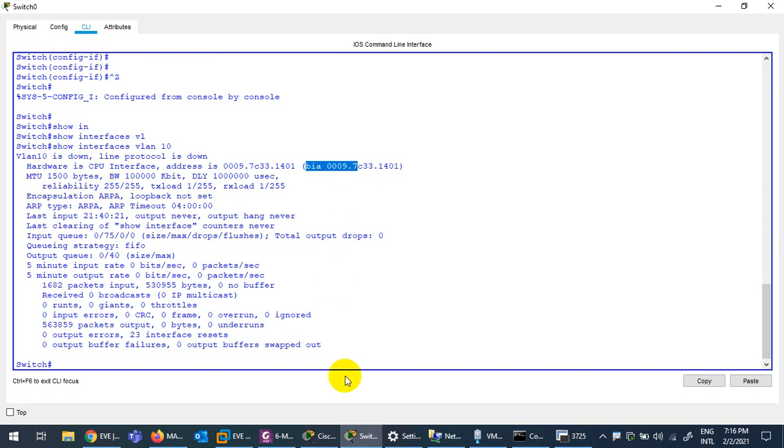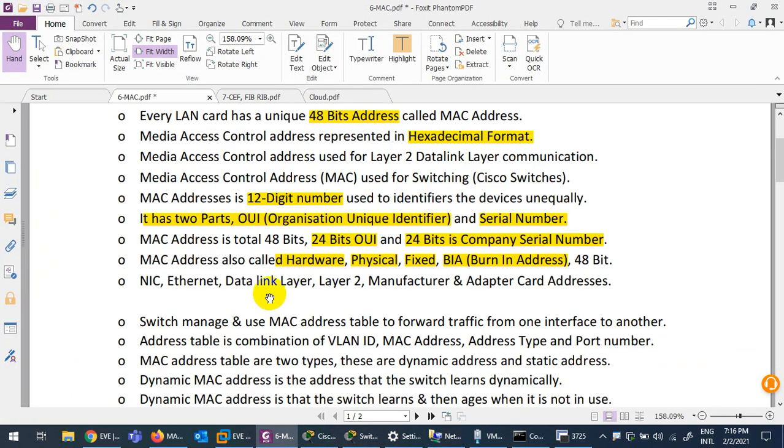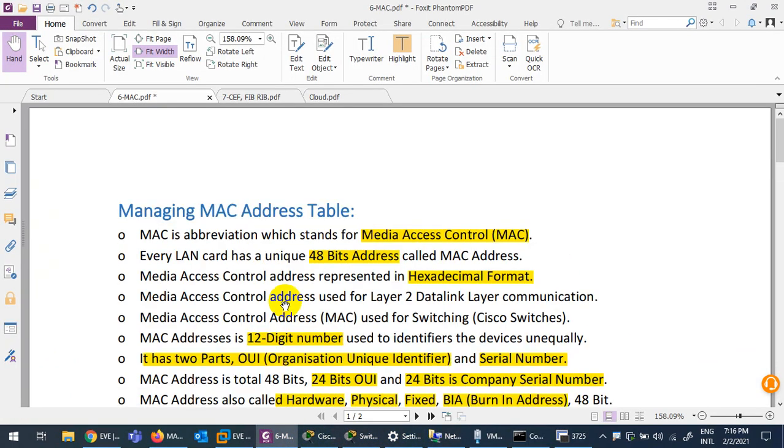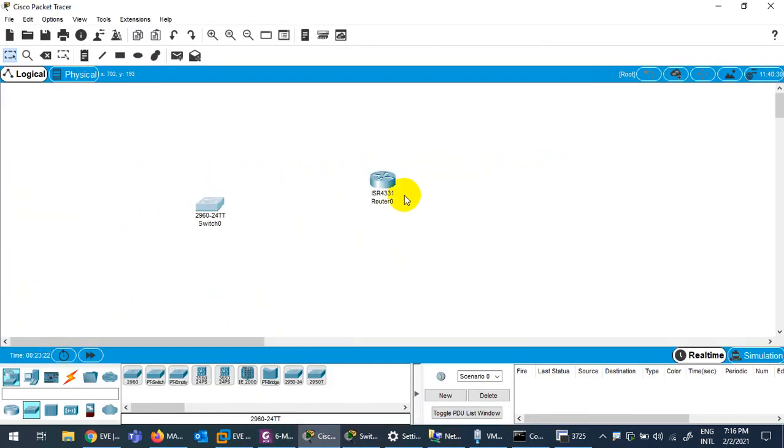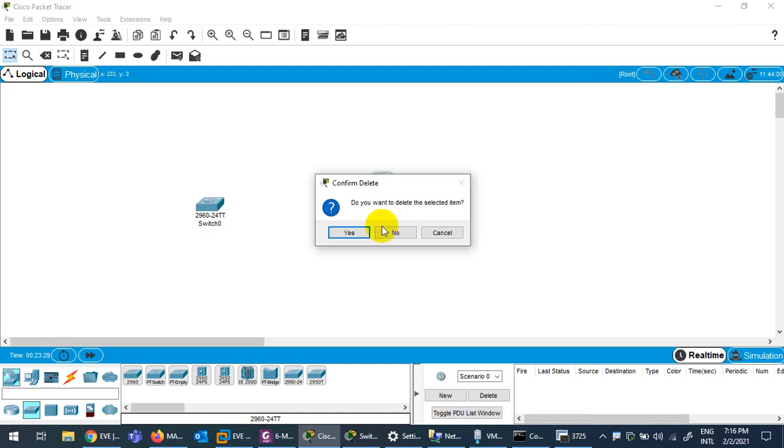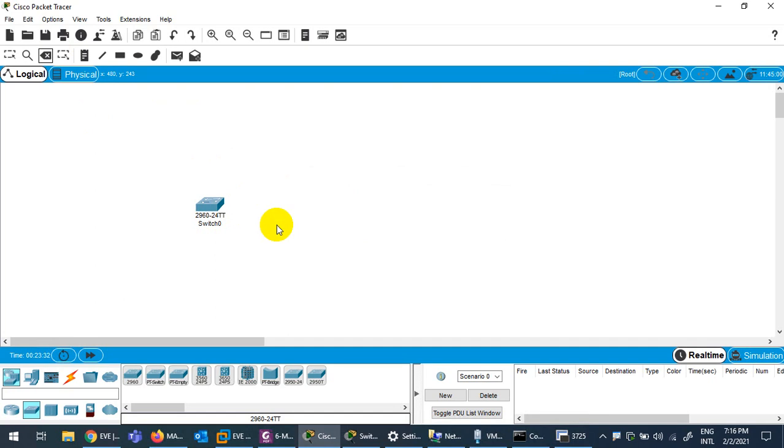Why do we need it? So let's come to why we need this MAC address. This MAC address is required for layer 2 switches to communicate. How? Let's go here. Let me delete this router, I don't need it. Don't care about Packet Tracer, because here everything is visible. That's why I'm here in Packet Tracer. Otherwise we don't need Packet Tracer.